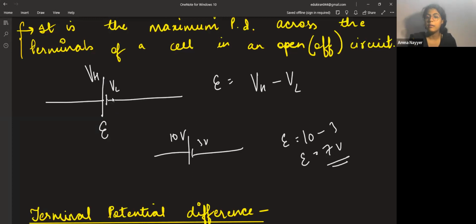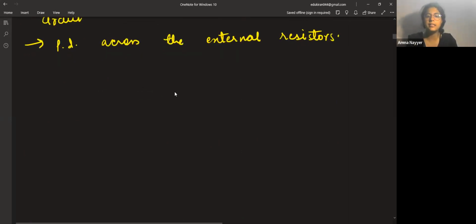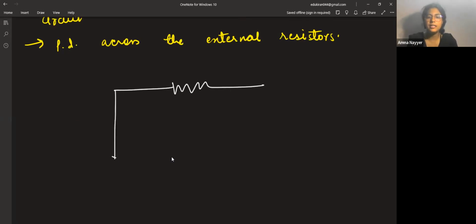This is called EMF. But when we are talking about the circuit, where an external resistor is connected with the wire, that potential difference for the circuit, which you have been studying, V, is known as terminal potential difference. When we are specifically talking about this cell, it becomes EMF. So instead of trying to remember which one was which, it's better to remember it in terms of internal resistor and external resistor. One point is that for open circuit you have EMF, for closed circuit you have terminal potential difference. But it is better to remember it in terms of external and internal resistor. See, this is a battery cell. This has its internal resistance.